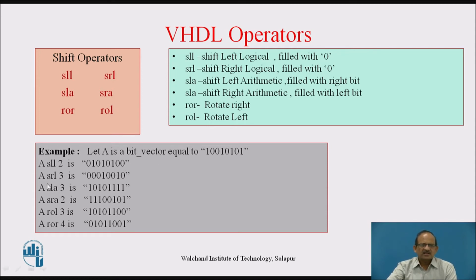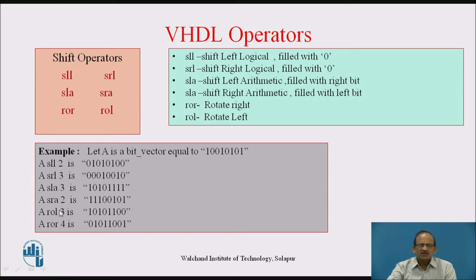Okay. Along the same lines, for the next, A SRL 3, the bits will be shifted towards the right, and zeros will be inserted from this side. In case of arithmetic shift, the 3 bits now, therefore these first 3 will go, the remaining will be 1 0 1 0 1, and as the leftmost bit is 1, that will be inserted, and so you will get 1 0 1 0 1 1 1 1, right? Okay. So the same is true for shift right arithmetic. The remaining bits will be replaced by or filled with the leftmost bit.